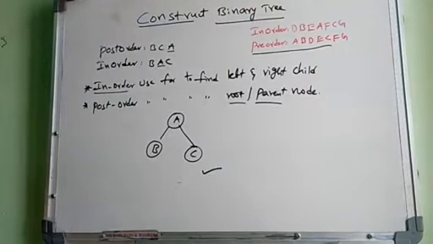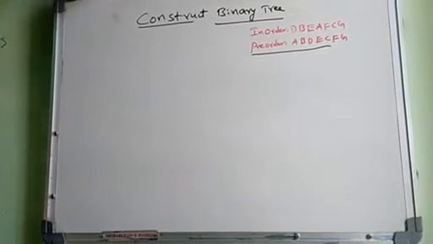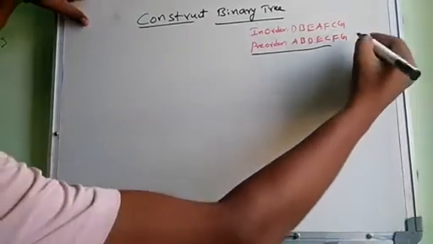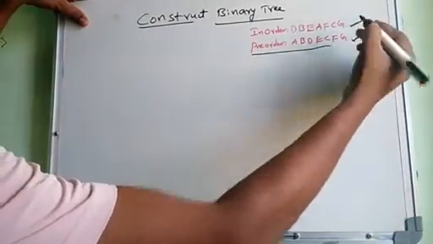Okay, so this is the simplest method to construct. Either with in-order and pre-order we can make a binary tree, or if they give in-order and post-order, it is easy to construct a binary tree. Let us take another example to construct a binary tree. The order was lengthy. Okay, take this as an input.